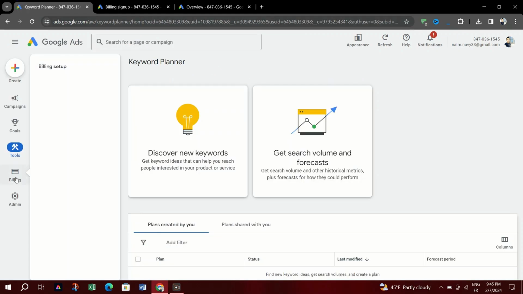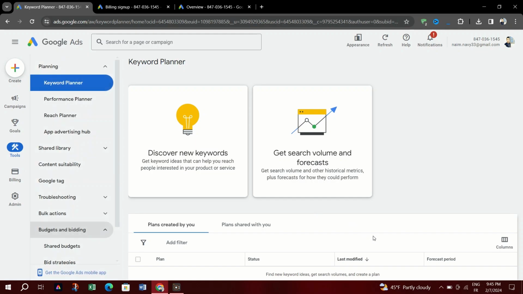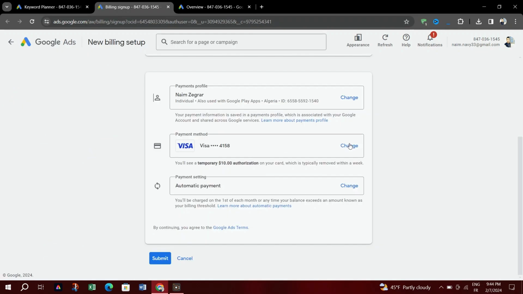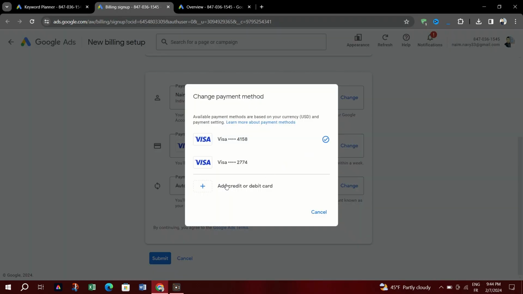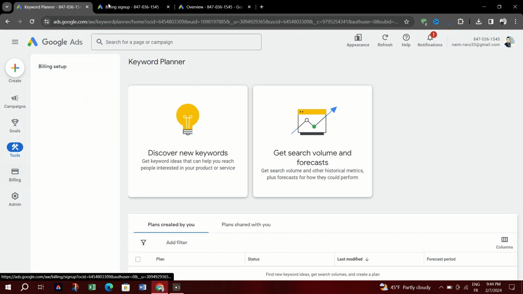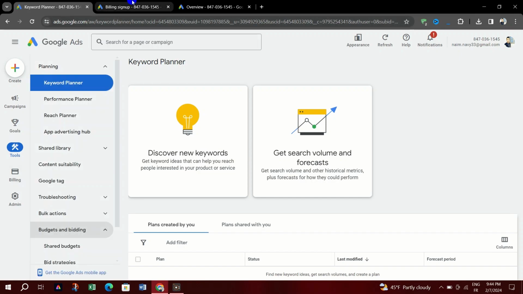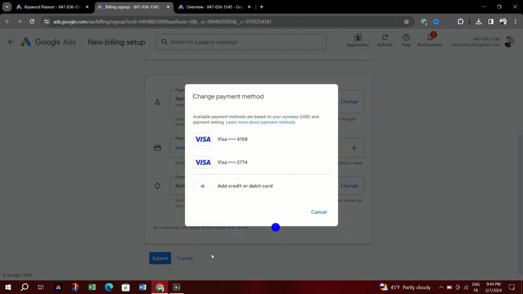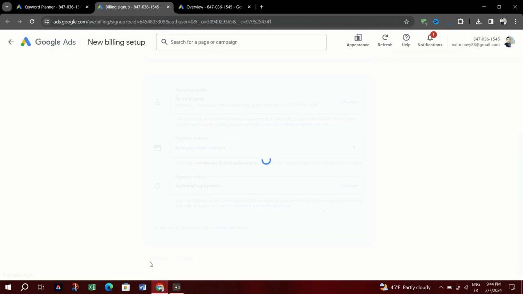If you want to make this your primary payment method, make sure the box is checked next to Set this payment method as primary. And when you're done, just click Save. Just note that if you are adding a bank account as your payment method, you'll need to also verify your bank account. Keep in mind that this may take up to 3 to 5 business days. In some cases,